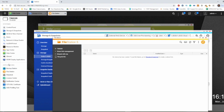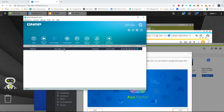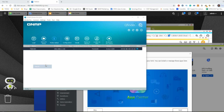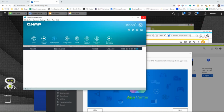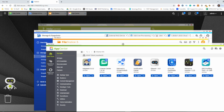We can add applications by heading to the Applications Center. We can add mapped network drives if we choose to view the NAS on our local storage, and this will allow us to view all of the files and folders on our NAS using our local operating system on the PC or Mac system we're connected with as a mapped network drive. We've got lots of options open to us, and I will be going through a number of these in my follow-up videos, as well as my full software overview of the QNAP